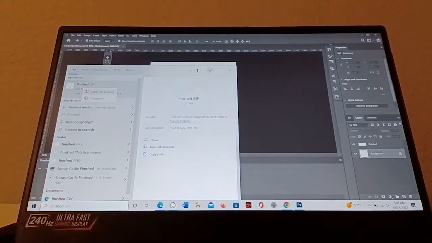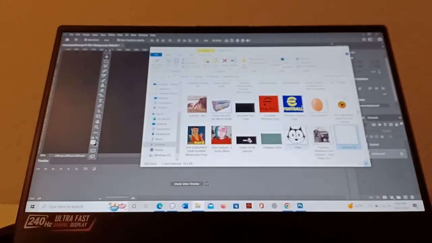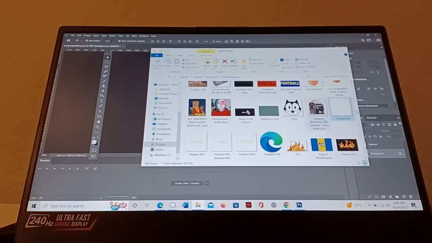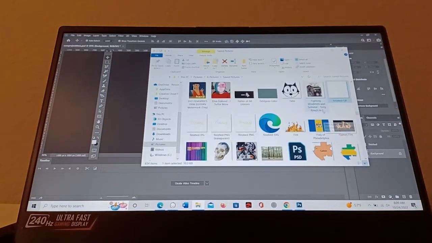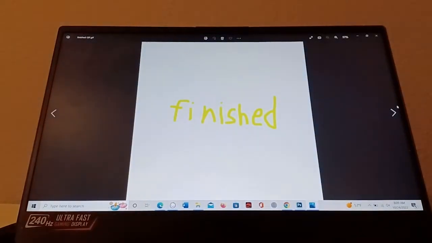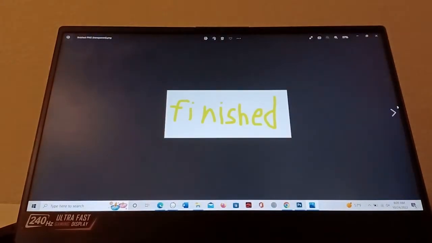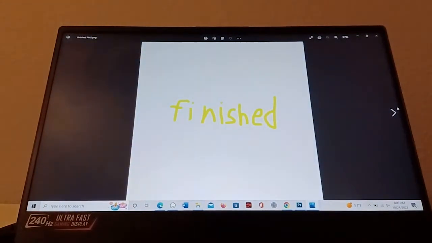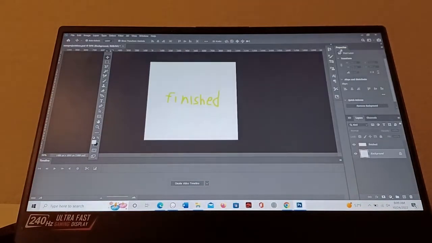Let's take a look at the results, shall we? If only I could find the, let's say I do have, let's see, there is SVG. We have finished GIF version, JPEG, PNG transparent version, PNG regular version, and the SVG file seems to be corrupted, but